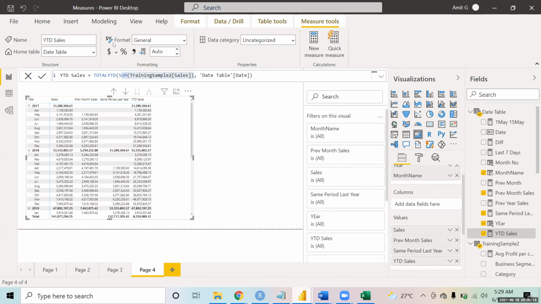If you have tried this, now please try it in a similar fashion: total QTD. Please try that function now.